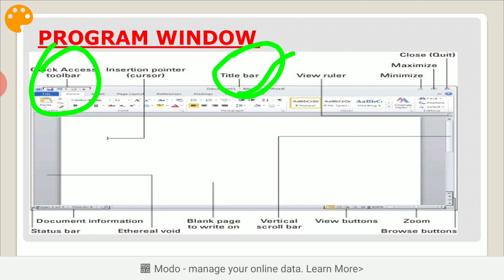The next one is the maximize, minimize and close buttons. So what does the minimize button do? Yes, the minimize button is used to display the window on the taskbar as a taskbar icon.